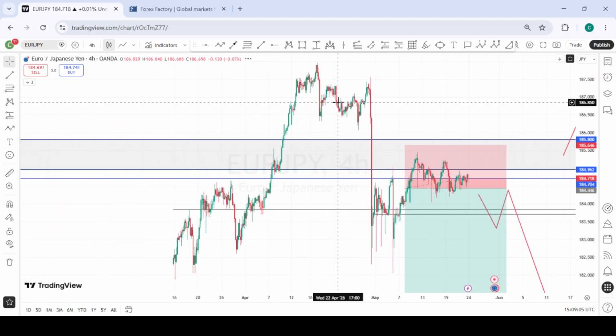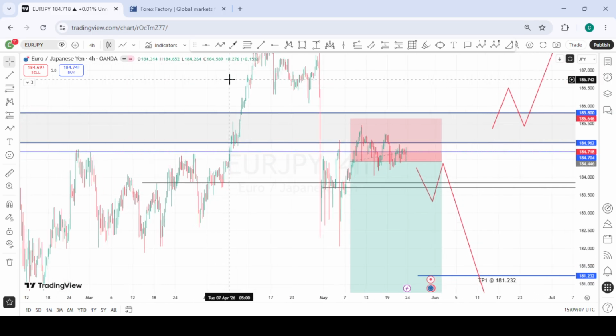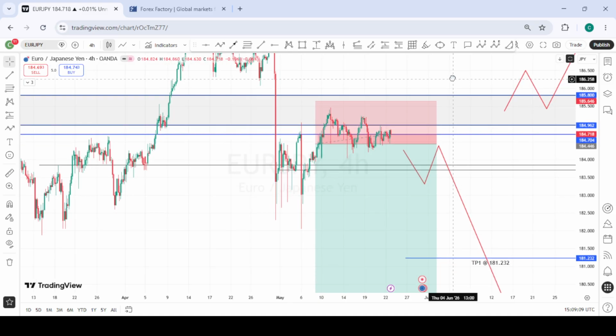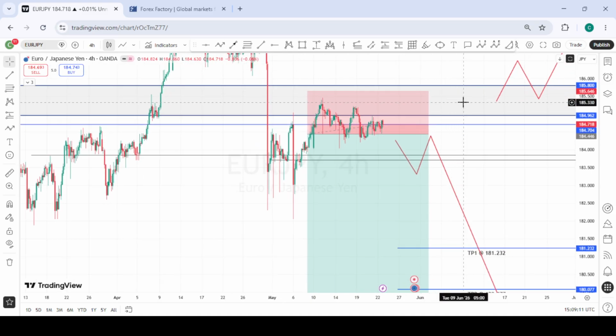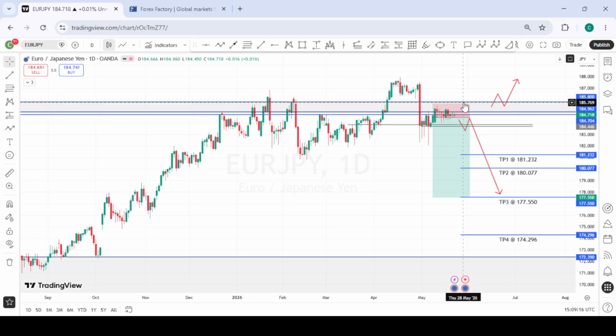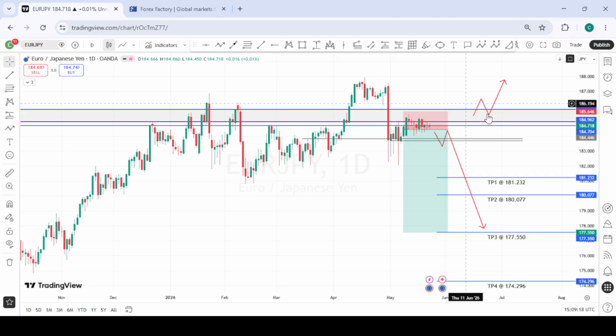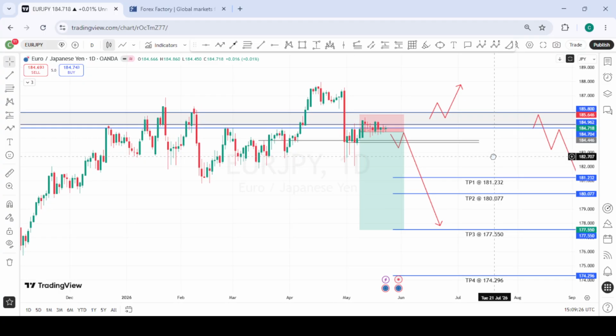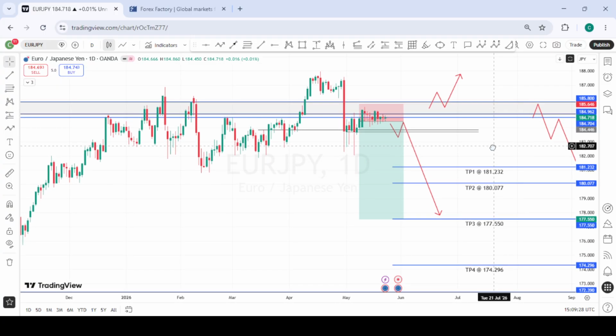And also this is EURGBP, and we are currently in this position, but it's in a drawdown. We took this position and we are in a drawdown, and we're expecting that price is going to drop in the coming weeks. If we have a BOJ intervention, it's very good for this move for us to see a nice momentum to the downside. So going into next week, we are targeting these targets for EURGBP.